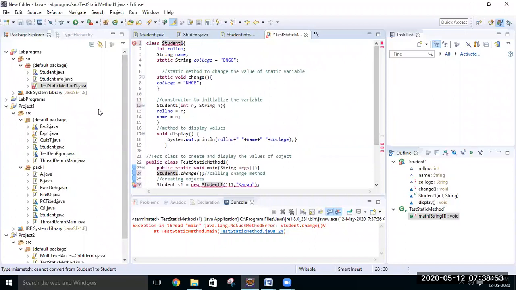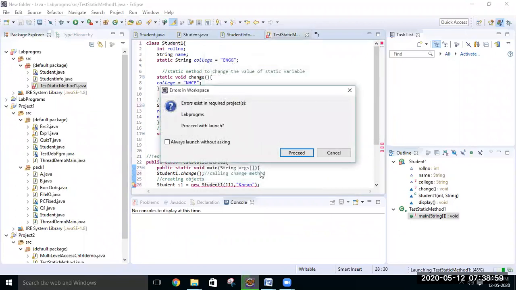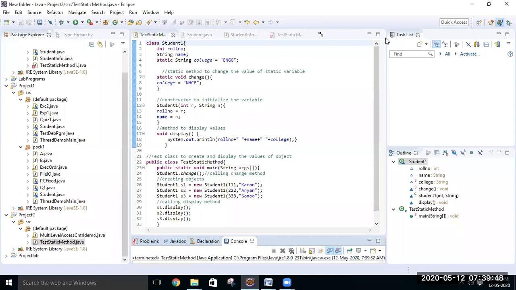If Student1 is already there, it will again show us an error. Okay, so I've changed it to Student1, and everywhere you should change to Student1, so here also we should change. Once that class name is changed, we can execute the program.